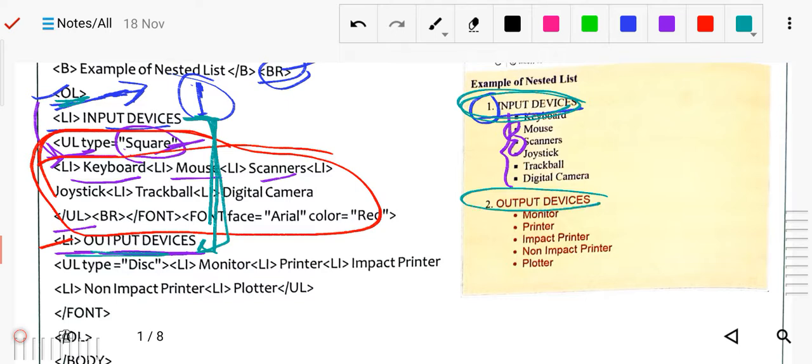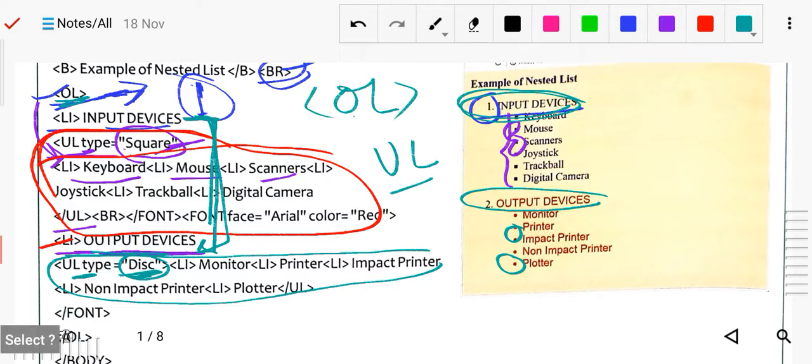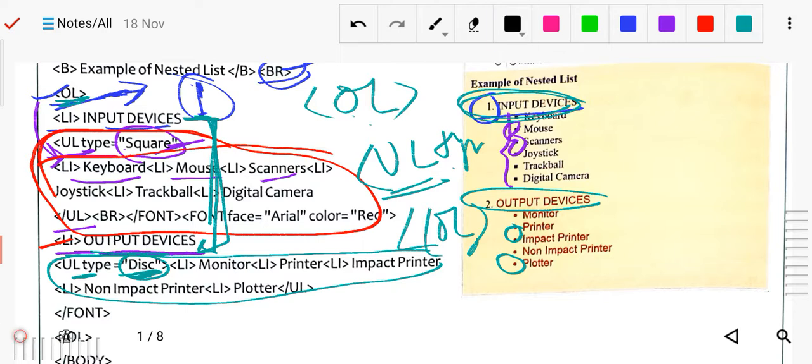Now in this again we use the unordered list, so this is the function for item 4, and here we use the type disc. So here you can see this is the disc. It means we have used here an ordered list and an unordered list. Inside of this ordered list we have used the unordered list, we also define the type, and finally we close this ordered list. Inside means this is the nested one because this is inside of this, so that's why it is called the nested list.